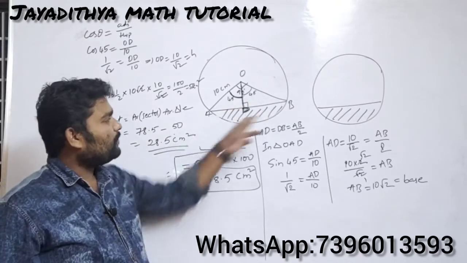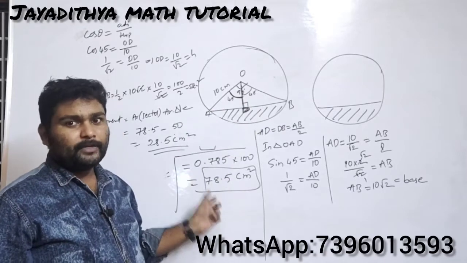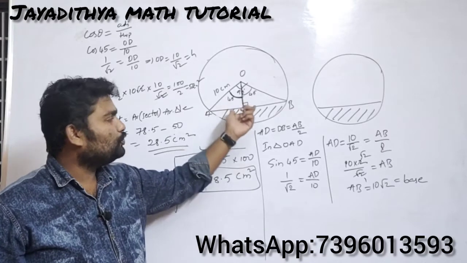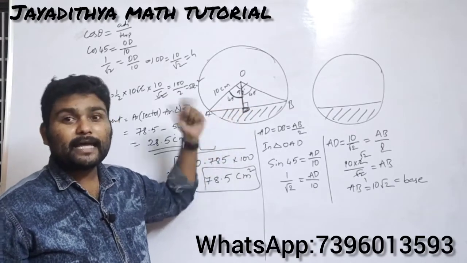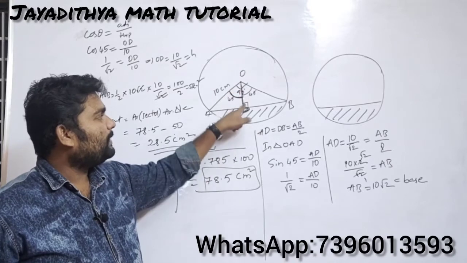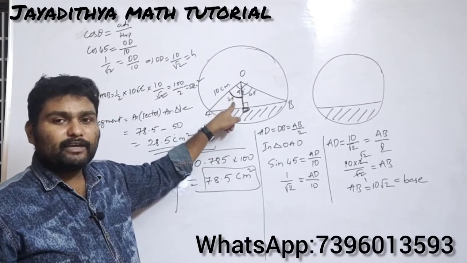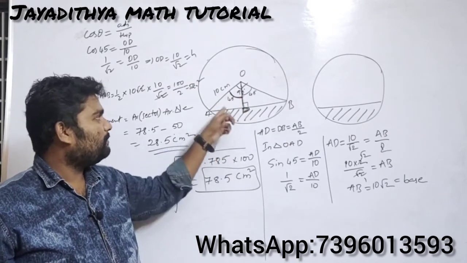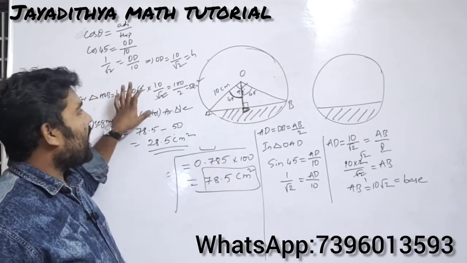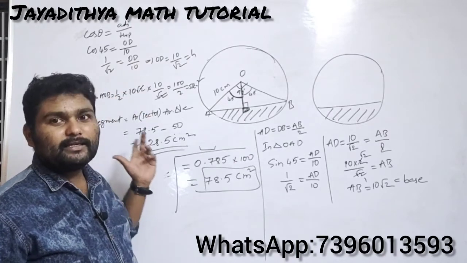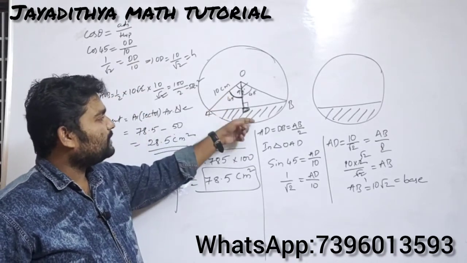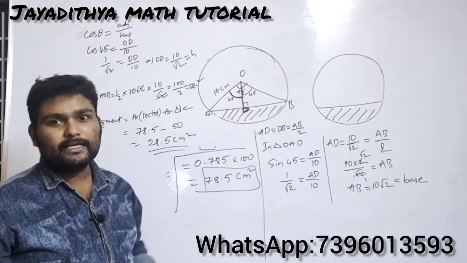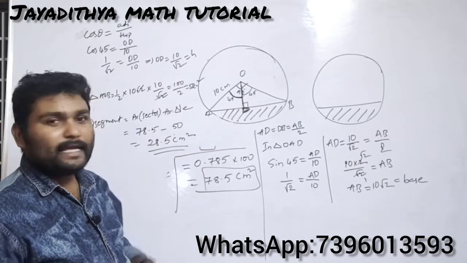The first thing is, first of all, try to find the area of the sector. From that you need to subtract the area of the triangle. That means you should find the area of the triangle. How to find the area of the triangle? Here you don't have any base and height. So if you don't have base and height, you need to find them by drawing a perpendicular to the chord and applying the required sine ratio and cos ratio. After finding base and height, find the area of the triangle. After finding the area of the triangle, subtract it from the sector. If you subtract the area of the triangle from the sector, you will be left with the area of the segment. So like this you got the area of the segment.